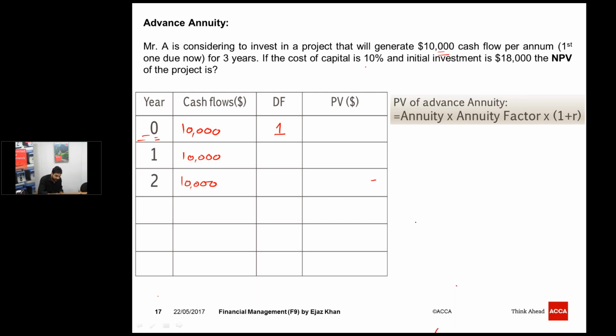So 10% cost of capital. So we'll go to the discount factor table and we'll go to the 10% column and we'll see what are the discount factors. So for year 1, the discount factor on the discount factor table will be 0.909 and 0.8264. And all we have to do is to multiply these figures. So we'll get $10,000. We'll get 9090 approximately, and then we'll get 8260. So if we sum all these three together,